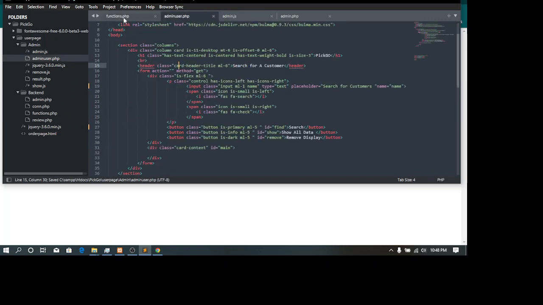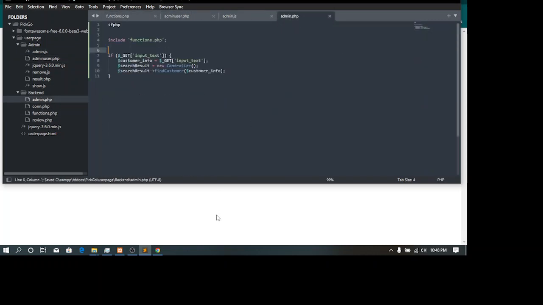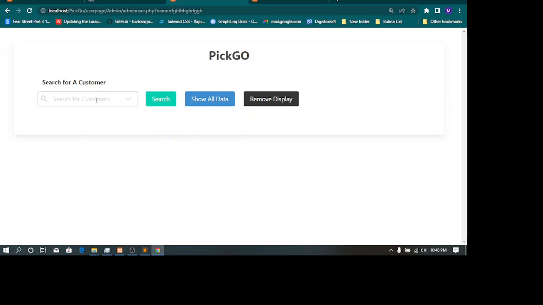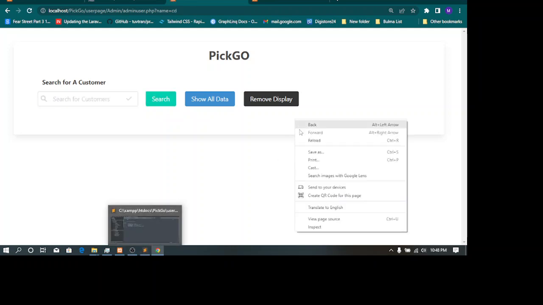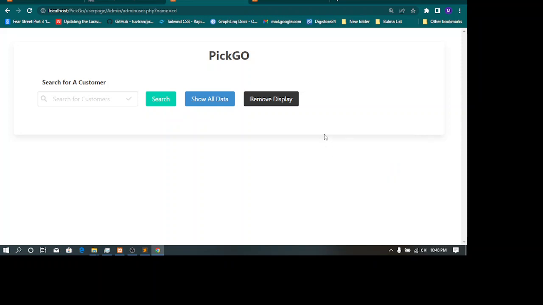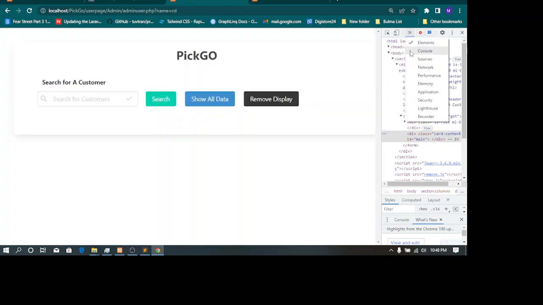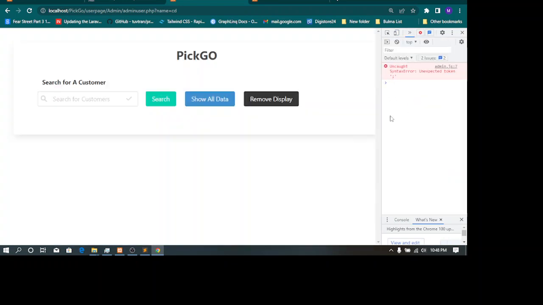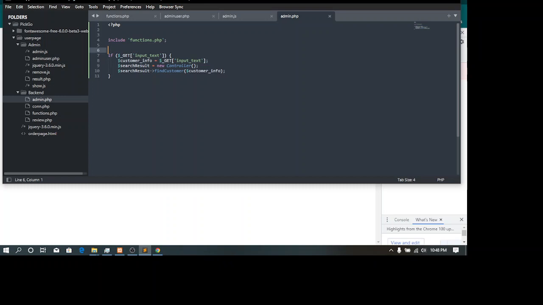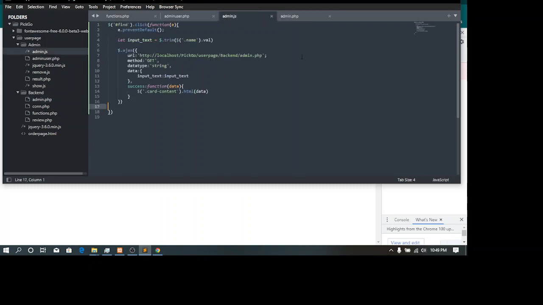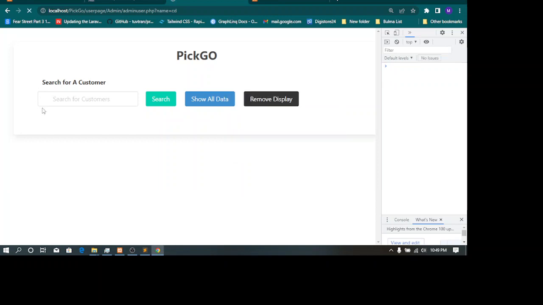So now we can test what we've done. You could refresh it and let's type in something else. What's going on? There's an error somewhere. Unexpected token on line 7. Okay, that was my error. Refresh it.